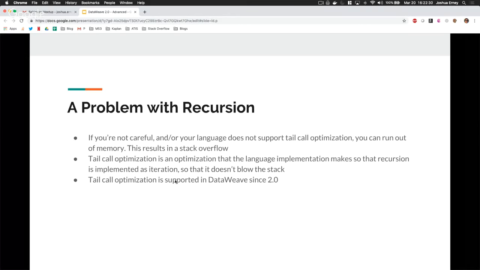So what is tail call optimization? It's an optimization that the language implementation makes. So it's not something that you can do anything about if your language doesn't support it, unless it's a language like a Lisp and you can write that stuff yourself. But in a language like DataWeave, we don't have that level of flexibility. So if your language doesn't support tail call optimization,